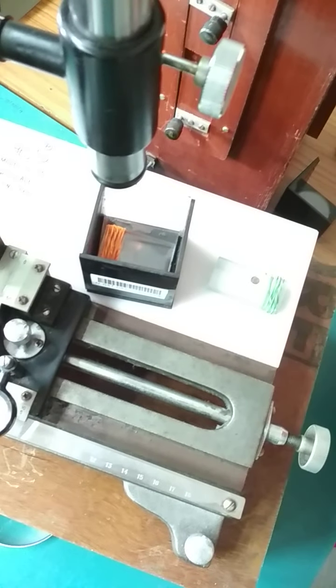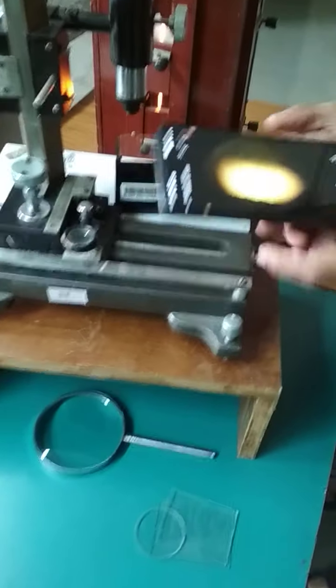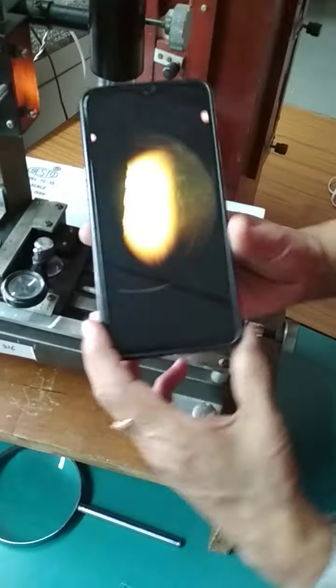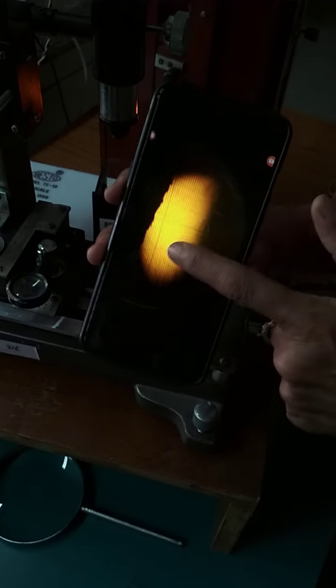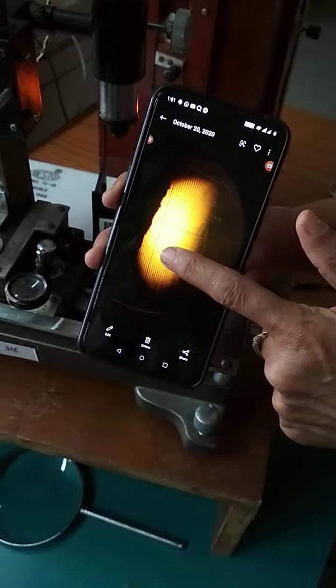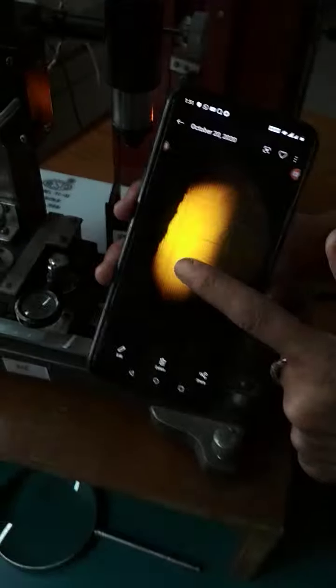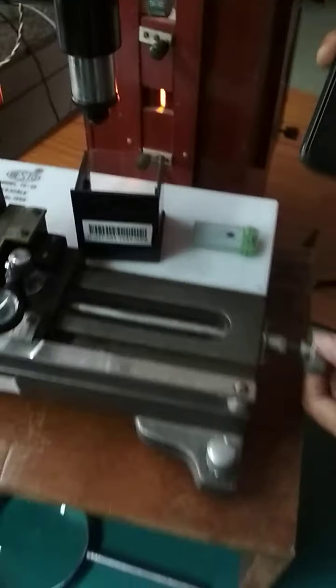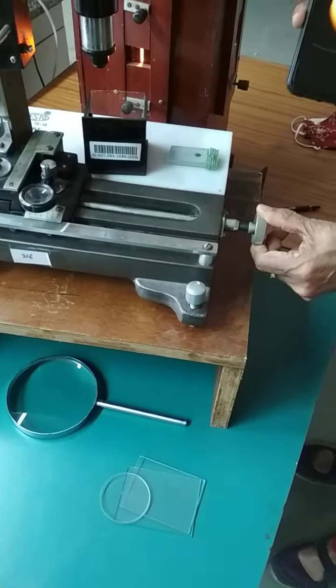When we watch the pattern through the traveling microscope, the pattern looks like this. Here there is one cross wire with respect to which we can take the readings, and this cross wire we can move with this knob.